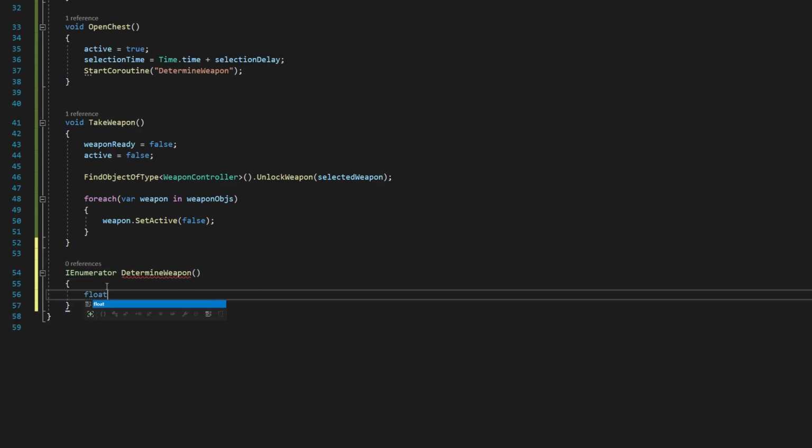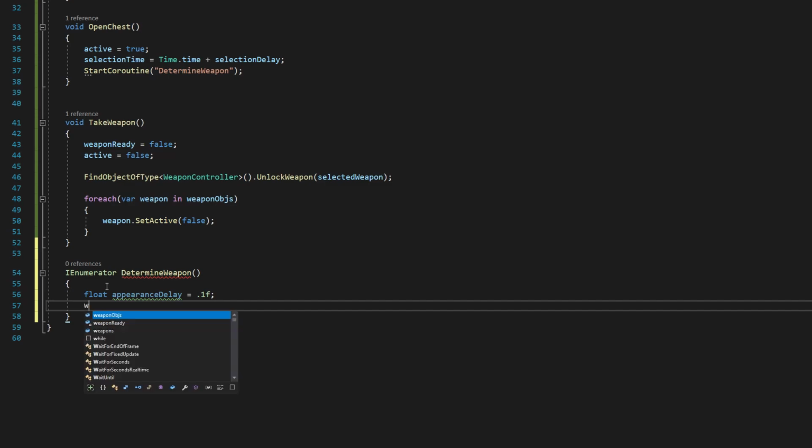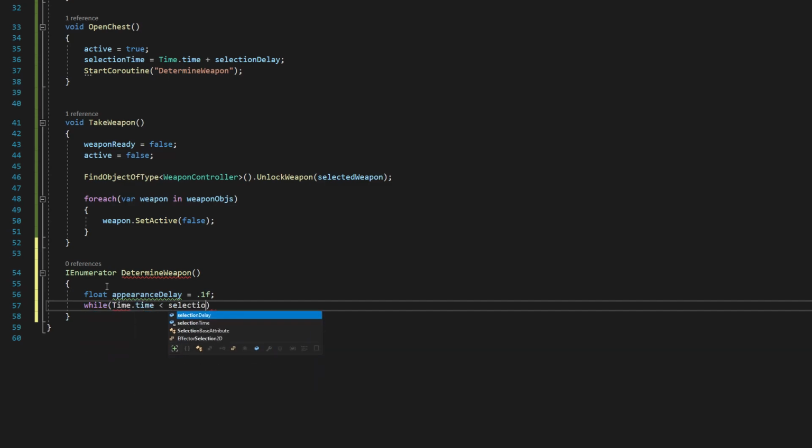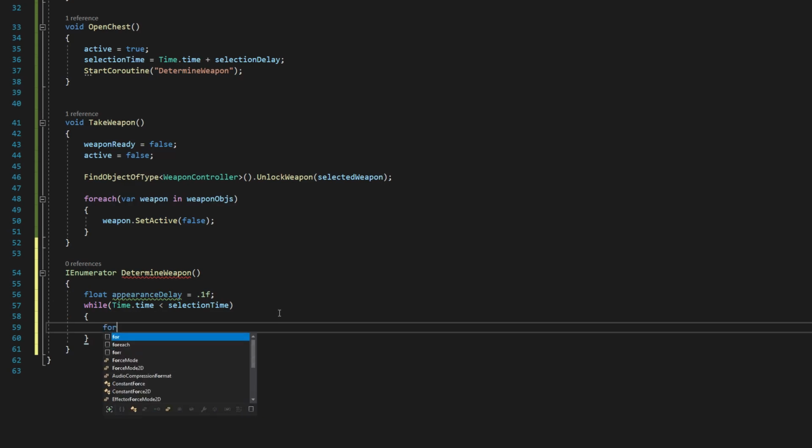So we're going to say float appearanceDelay equals 0.1f. And then we're going to say while Time.time is less than selectionTime, which you remember before we call the coroutine, we actually assign that by adding our selection delay to the current time. And then inside that while loop, we're going to say foreach var weapon in weaponObjects,